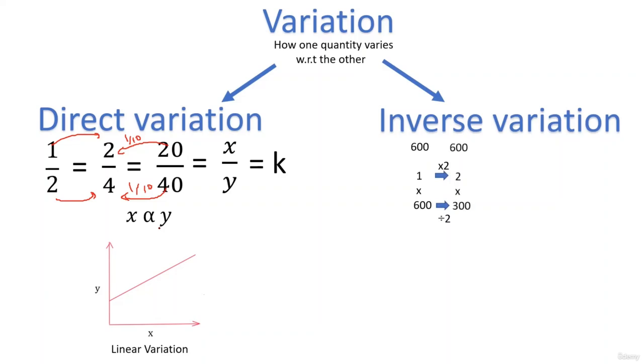The product is still constant. But the first number has increased, or basically become double. The second number has reduced, or was divided by 2. Right, same way, if we multiplied this number 2 by 1.5 and divide the number 300 by 1.5, the product will still remain constant, 3 into 200. But we observe that the first number became 1.5 times and the second number became divided by the same value. That is exactly the case of inverse variation, and for that to happen, the product of the two quantities